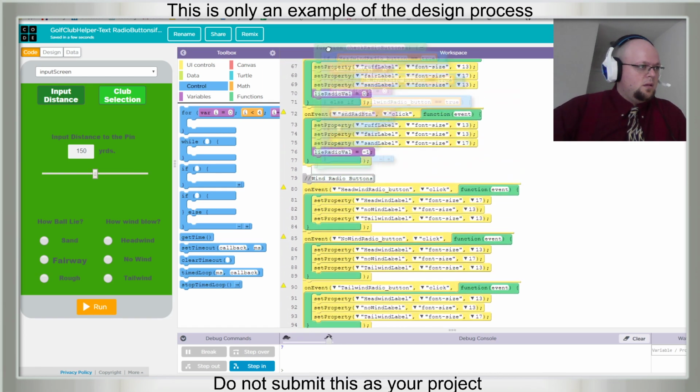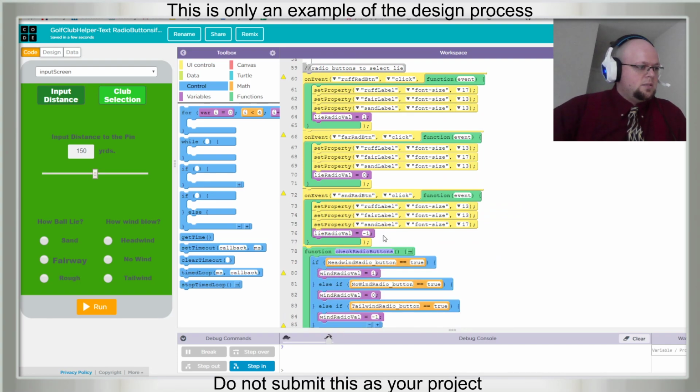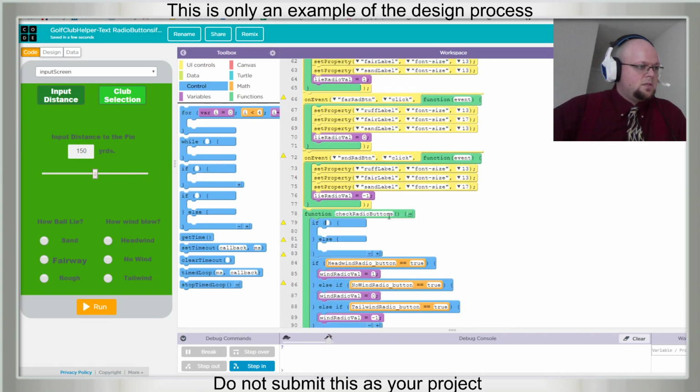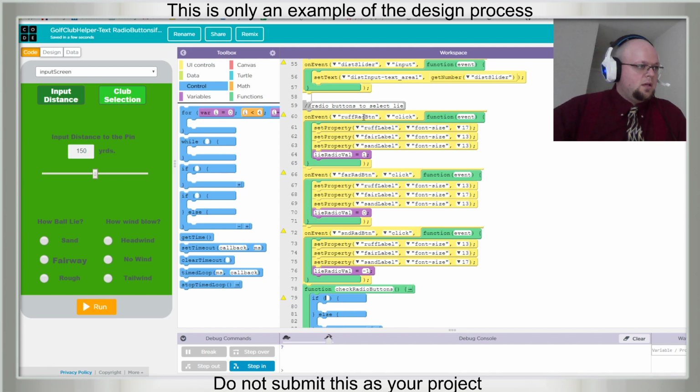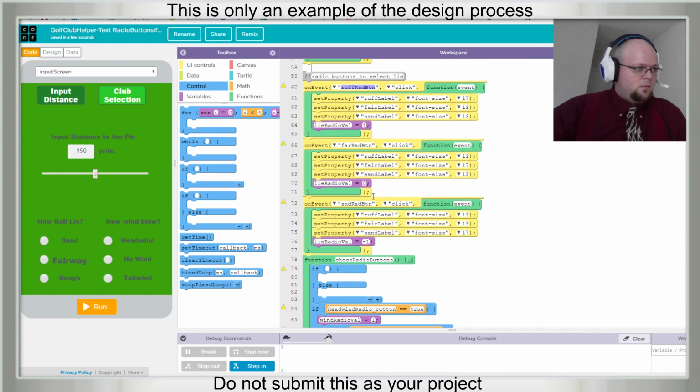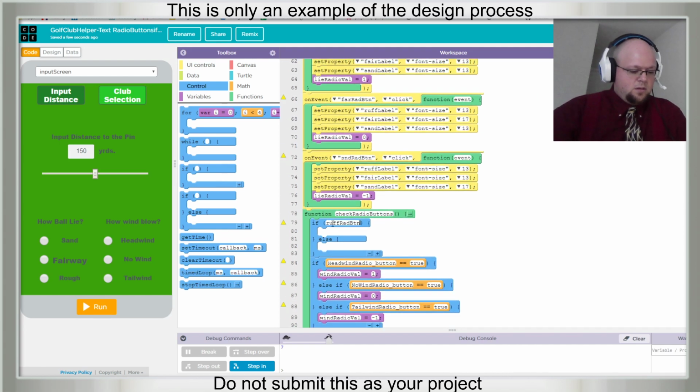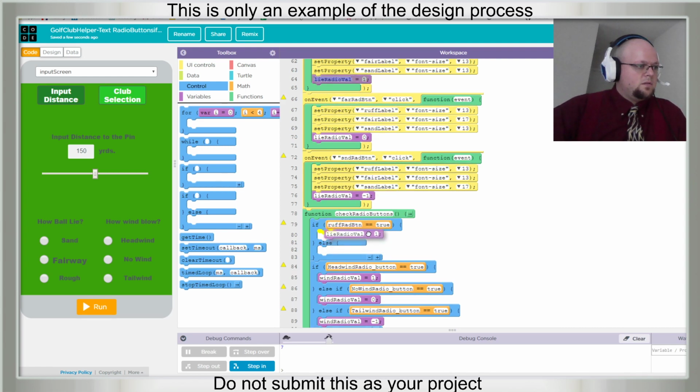So let's put this so I can see it at the same time. If rough radio button equals true, rough gives us one more.